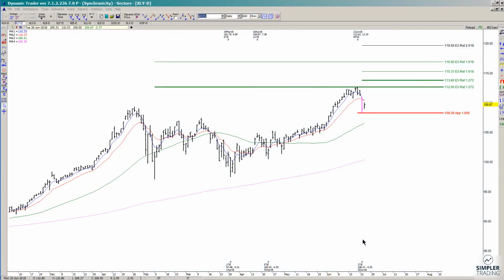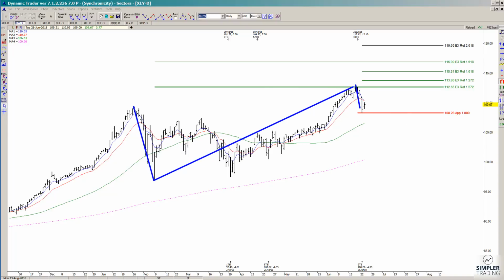In today's video, I'm just going to go over a quick setup in XLY, and also I did want to share this chart because there's also an extension where a move ended up terminating. So again, the video that I did yesterday on extensions, you see it happen over and over and over again. So this prior high to low swing, the 1272 extension, was met here, and we did start to see a